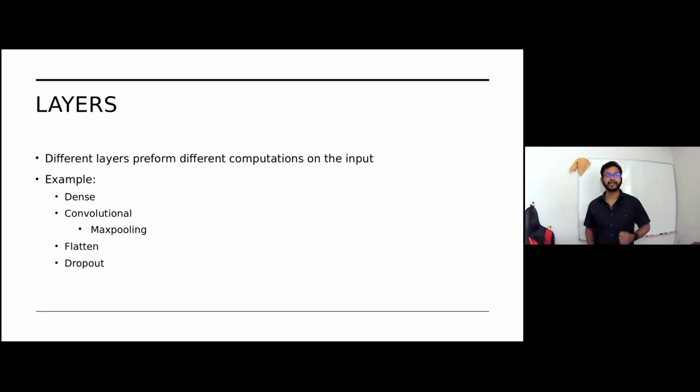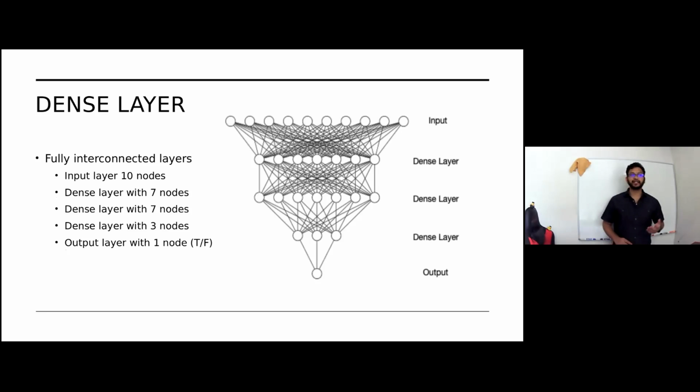So now the first layer we're going to look at is a dense layer. A fully connected layer is essentially what a dense layer is. All of the nodes in one layer are connected to the nodes in the next layer. Now, some common terminology with building neural network models is as follows. You have the input layer at the top, and this is where your input would go in. And then you would have your output at the bottom, and that's essentially telling you your solution. Everything between the input and the output is considered the hidden layers.